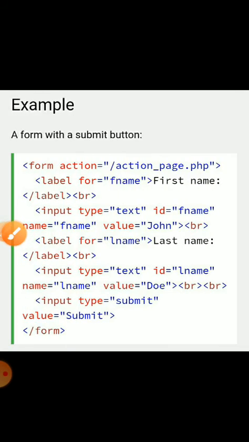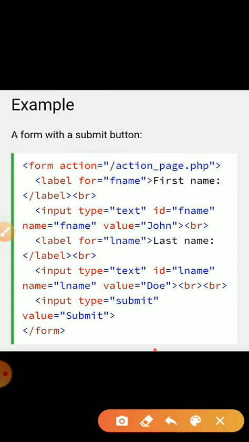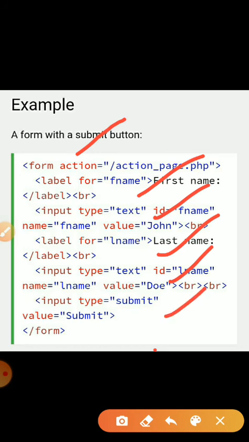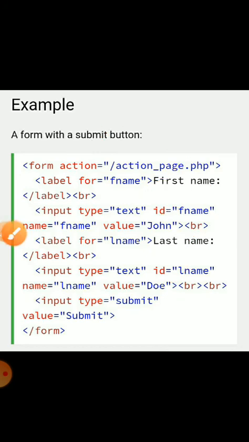You create the form like this: first a form action active.php, so your file will be created as the action. Then a label, an input box, label, input, and an input submit button.